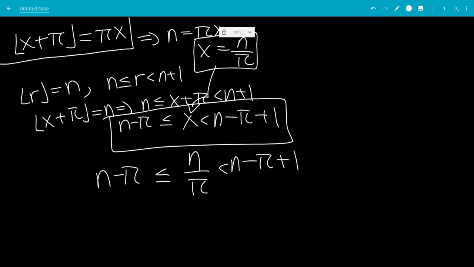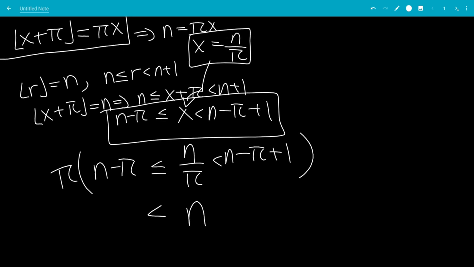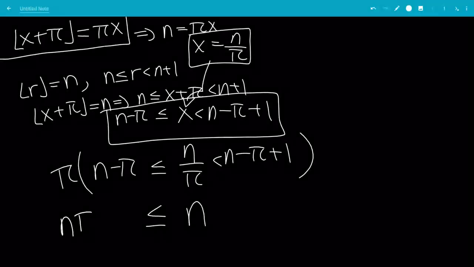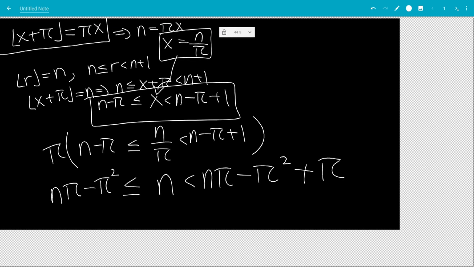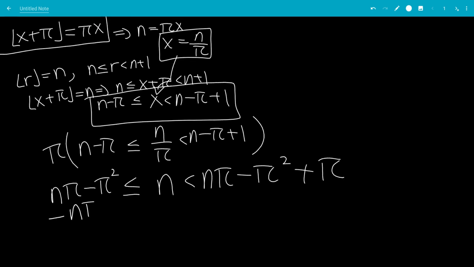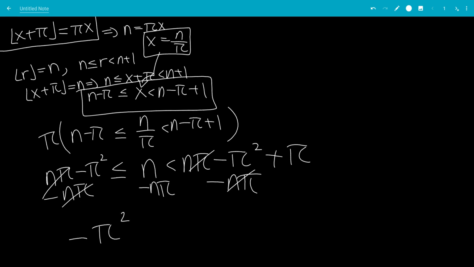Now we can multiply by pi on both sides because pi is bigger than 0. So we have n greater than or equal to n pi minus pi squared, less than n pi minus pi squared plus pi. Okay. Now we're going to subtract n pi on both sides. So we have to subtract it for every part of the inequality. That'll leave us with negative pi squared is greater than or equal to